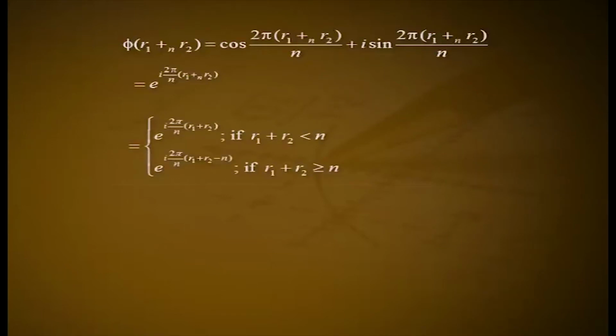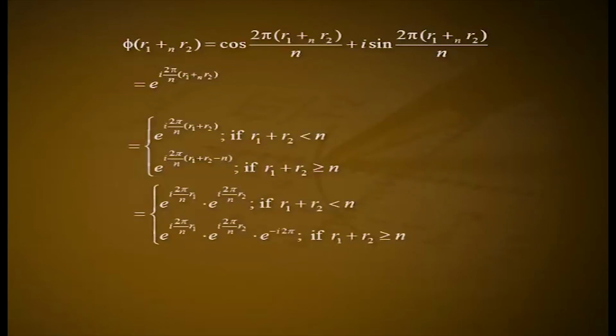It can be verified that phi is 1 to 1 and onto. Also, phi of r1 addition modulo n r2 is equal to cos 2 pi (r1 addition modulo n r2) by n plus i sin 2 pi (r1 addition modulo n r2) by n, which is equal to e raised to i 2 pi by n (r1 addition modulo n r2), which is equal to e raised to i 2 pi by n (r1 plus r2) if r1 plus r2 less than n, or e raised to i 2 pi by n (r1 plus r2 minus n) if r1 plus r2 greater than or equal to n, which is equal to e raised to i 2 pi by n r1 into e raised to i 2 pi by n r2